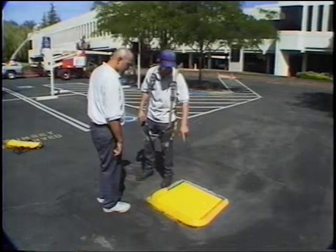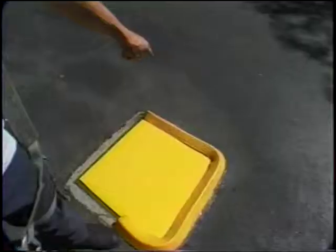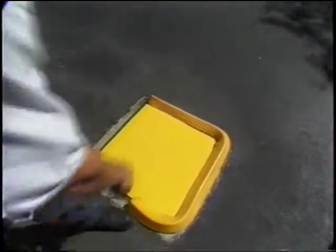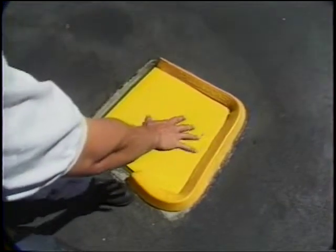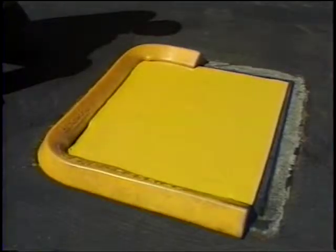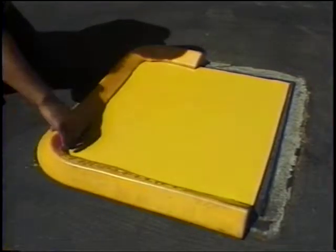Okay, this is the low side of the area right here, the low side of the drain. So most of the water is going to accumulate over here. This is our backup, the cover for the drain. The first line of defense is the dike right there. We don't want to use the cover, it's just there for a backup. The dike is going to keep the water away. That's our secondary right there. So then we'll put the sump pump right there and take the water away before it has a chance to